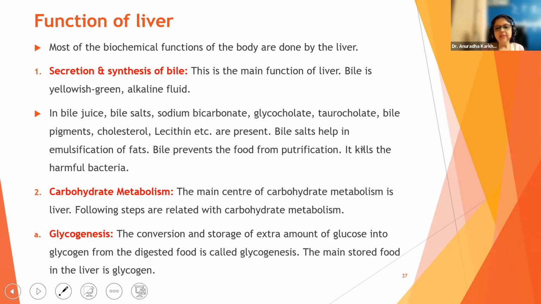Understood what is glycogenesis? This word extra amount is very important. Regular amount of sugar which is needed by our body will be used for getting converted into carbon dioxide and water and making energy. But if it is going to be in excess, which is not going to be immediately broken down, it needs to be stored. So we don't have starch in our body. We don't have starch as storage. Starch is stored in the plants. In animals, in human beings, we don't have storage of sugars in the form of starch. We have storage of sugars in the form of glycogen.